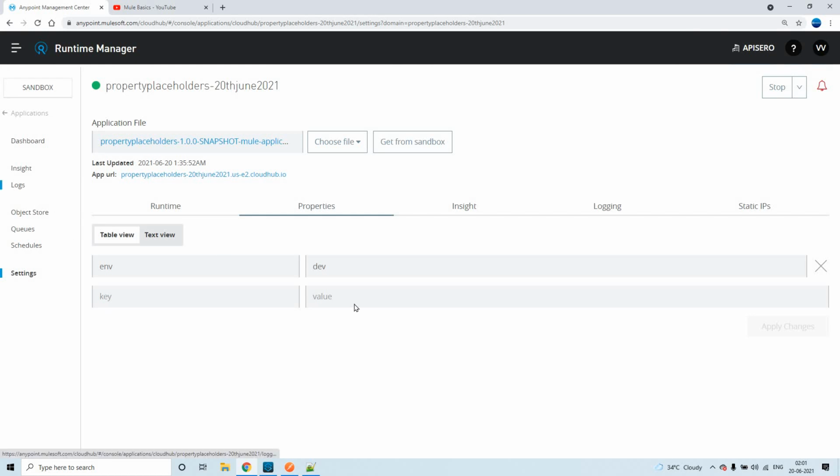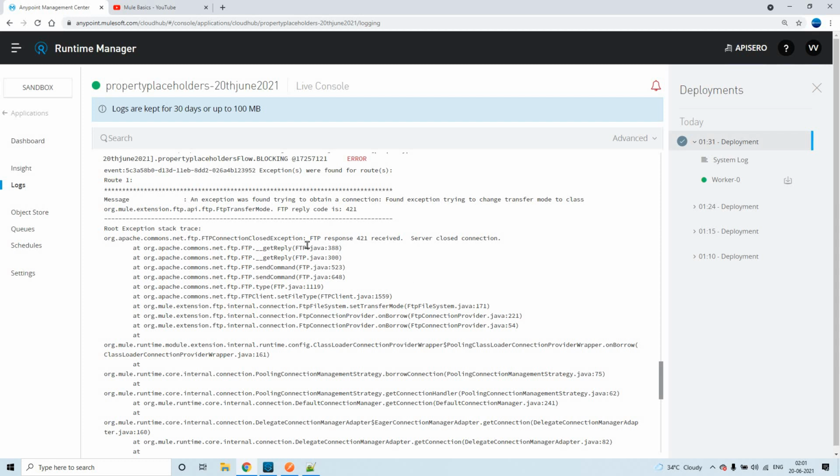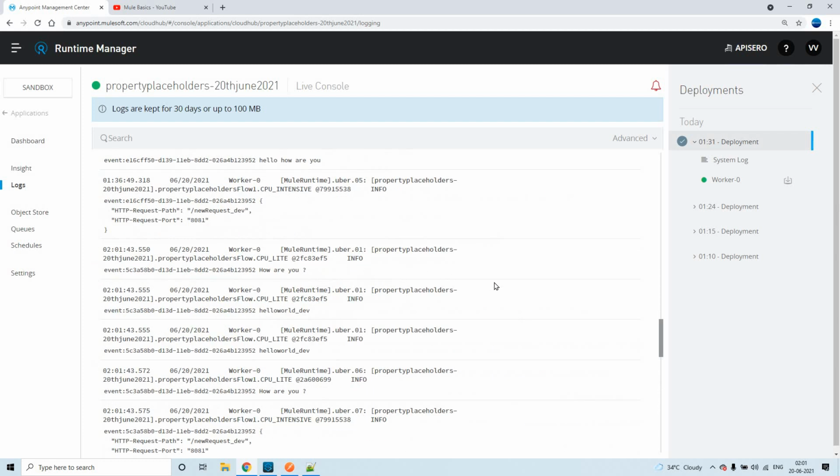Now go to logs. Okay, this is an FTP connection issue. That's fine. Now let us see. So if you see here, first thing is we are printing the payload. The second one, I told you, right, based upon the environment, it is fetching the value.